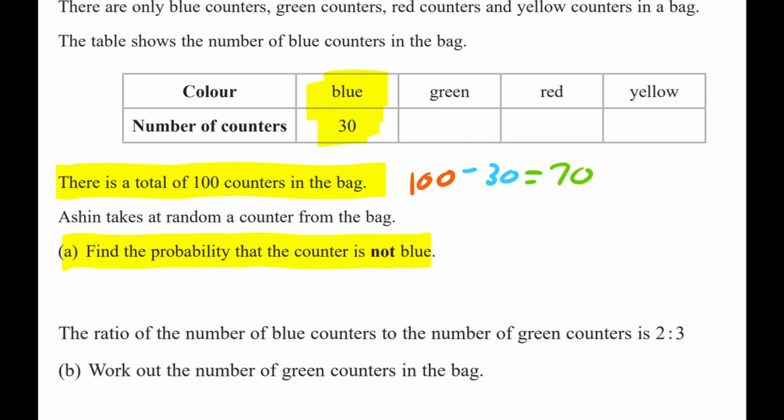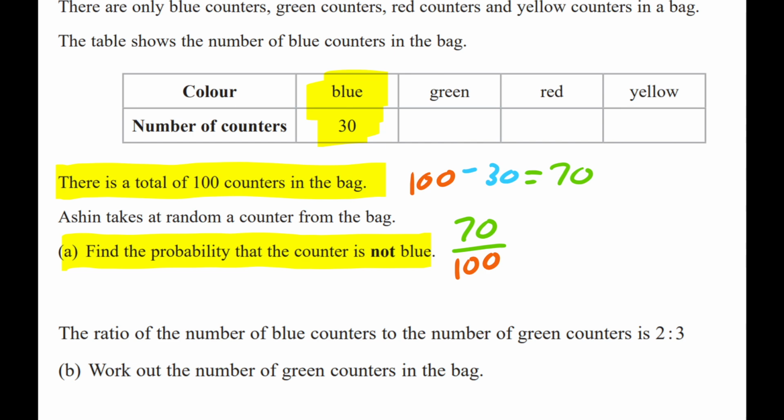We're looking for the probability that the counter is not blue, so it's going to be the number of not blue counters, which is 70, over the total number of counters, which is 100, so it's 70 over 100. It doesn't ask us to give it as a fraction in its simplest form, so we can just leave it as 70 over 100, but if you did simplify it, you could simplify it to 7 over